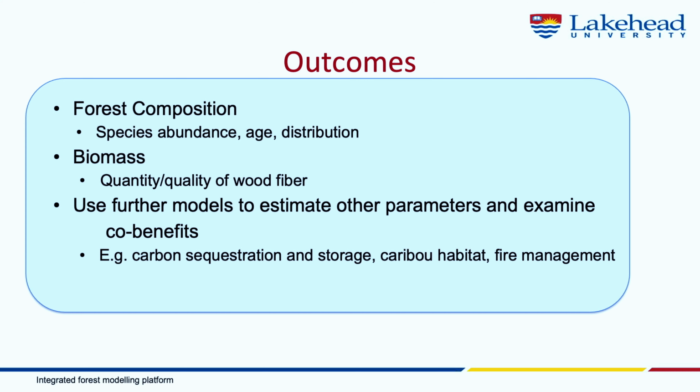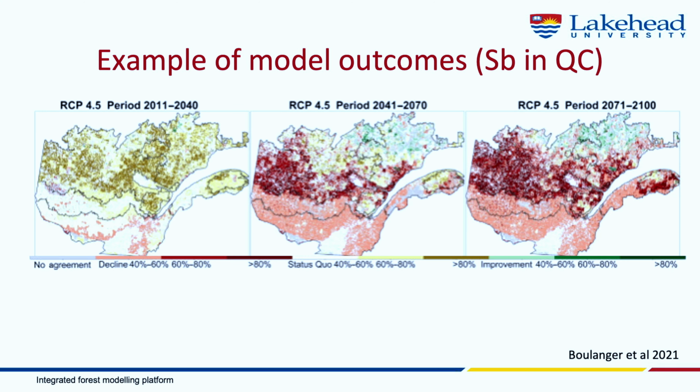Another big one that has come out of this and will be applied with additional models is fire management. So with the biomass, we'll be able to produce maps on the landscape, such as this, which show us concentrations of not only our species, but biomass on the landscape, which will allow us to apply it for things such as fire management planning and zones of concern. So where a lot of those fuels are located in areas that might be more prone to these disturbances.